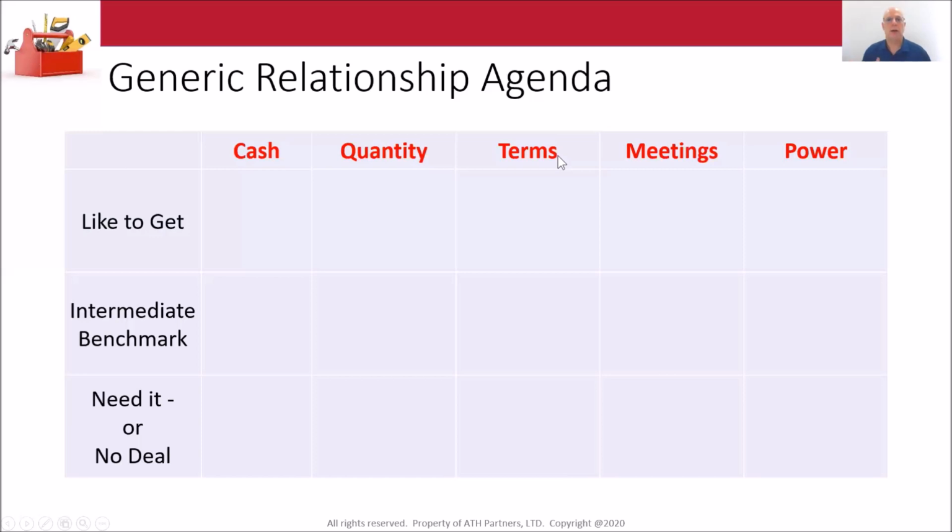Terms are starting to get a little bit relationship-y, because now you can start to put in terms that are going to indicate there is a long-term cooperation. But the last two are really what I use when I am trying to structure a partnership. Meetings can mean one of two things. First, it can mean that you're going to negotiate about how to have regular staff meetings or C-level meetings or project management meetings, but you're going to start to negotiate how you're going to meet if this is going to be central